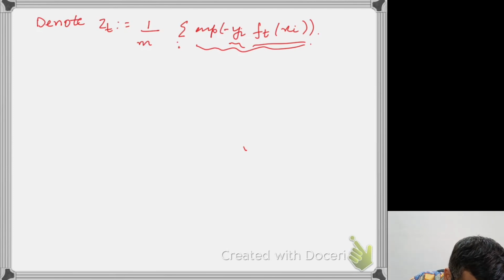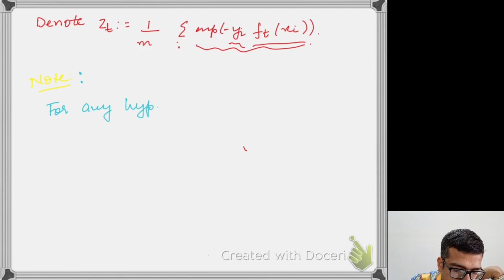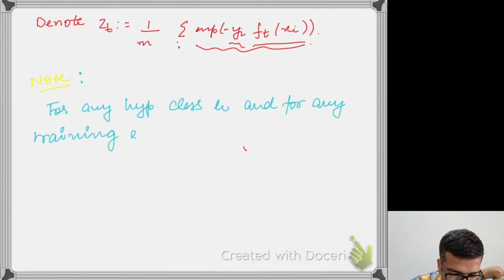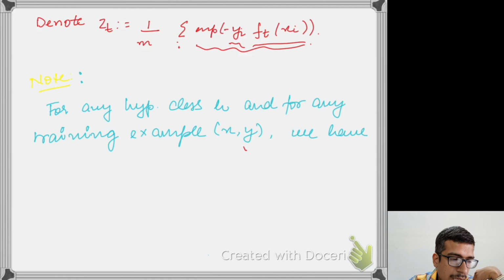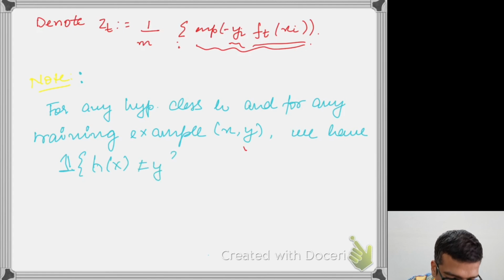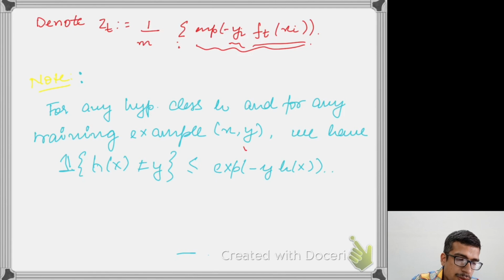So essentially the idea is that for any hypothesis class H and for any training example (x, y), we have that the indicator function that h(x) is not equal to y is upper bounded by exponential of minus y times h(x), right? And why is this so? Because